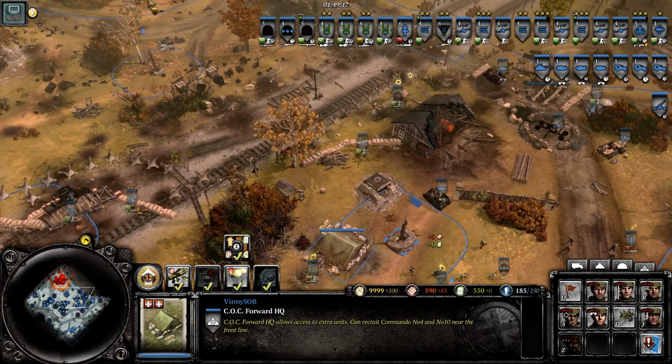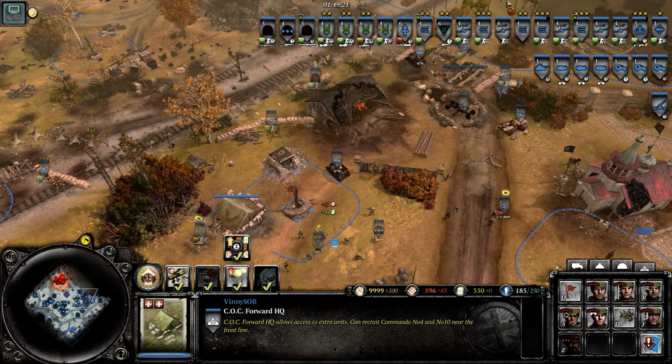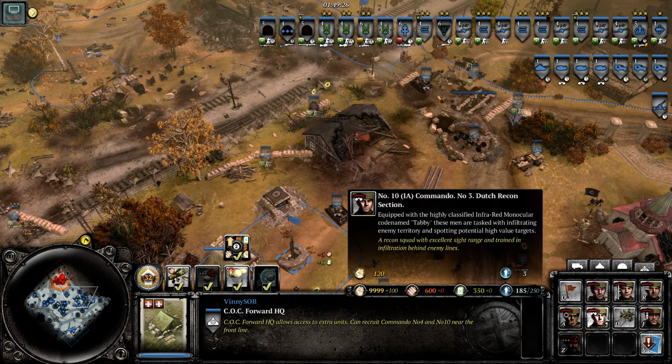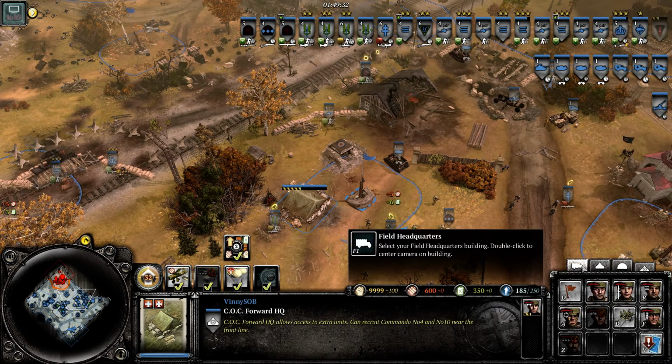I think they might have 3 or 4 or something. They're pretty deadly. They're like a bazooka team, whatever. Maybe it's only 2, but they're just badasses. And then you get your Dutch Recon squad, and I'll build one of these because they have